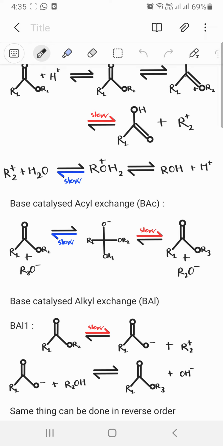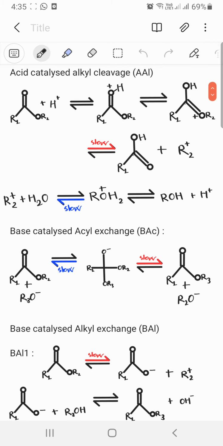Okay, then you have base catalyzed acyl exchange. Cool. So that's pretty straightforward. It's basically just SNAC, right? Base catalyzed nucleophilic substitution, then addition and elimination mechanism. Okay, next,